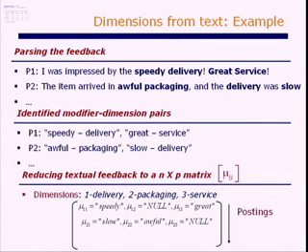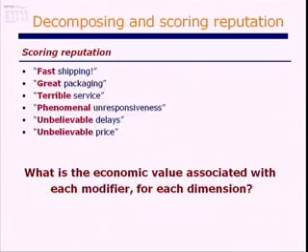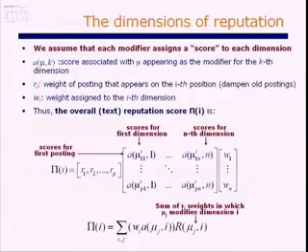And then we discover all these dimensions, and there's one column of the matrix associated with each dimension. And then the corresponding modifier scores or modifies that particular dimension. And so our postings are structured in the following way. Now, we're still in the realm of words, right? Phenomenal unresponsiveness, great service.